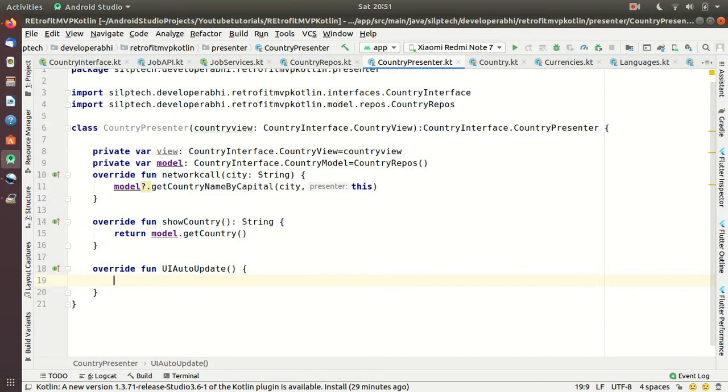Somehow people nearby my room are making a lot of noise. Anyway, sorry for the disturbance, but